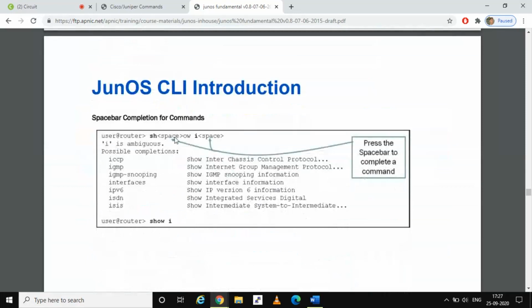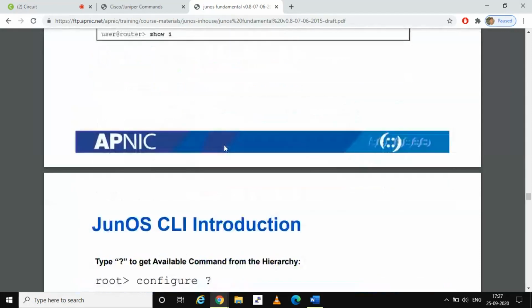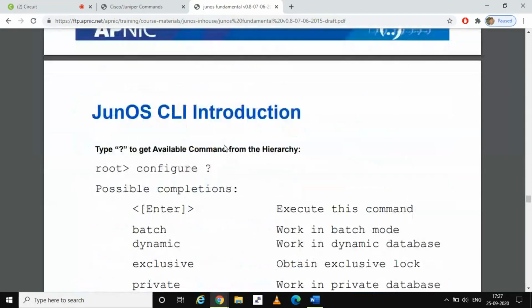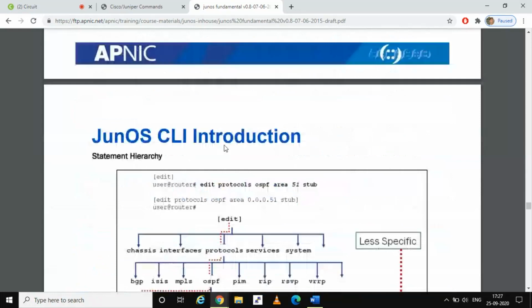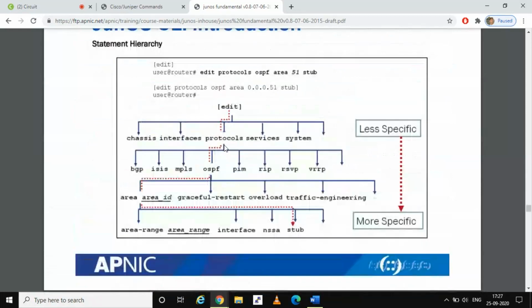Some of the commands, like command completion with space, are the same as on the Cisco device, nothing else here. Also, you can type configure and then a question mark, which is the same on the Cisco side as well. There is also a statement hierarchy.